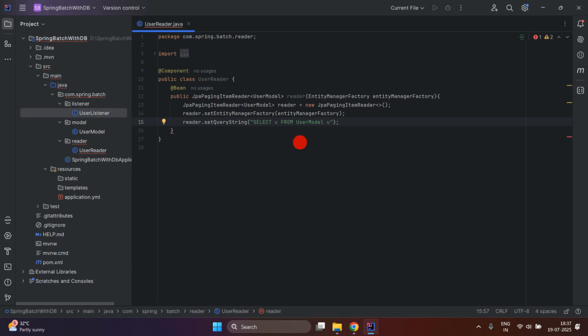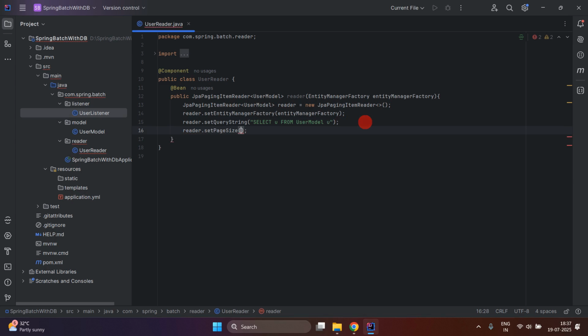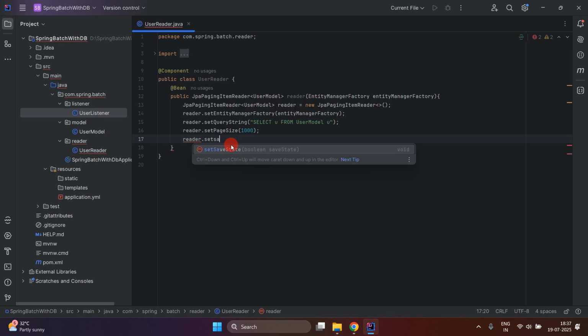So this query will behave like select star from users table. It will fetch all the fields available on the users table, and then write reader dot setPageSize, and here we have to provide our chunk size. We can also say it as page size. On every page we are going to fetch 1000 records,